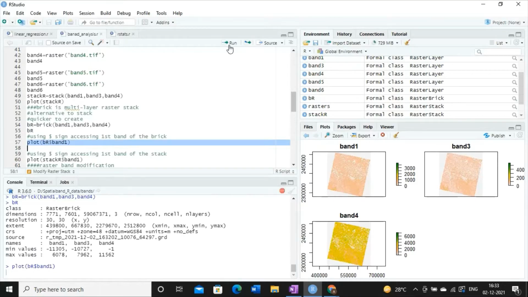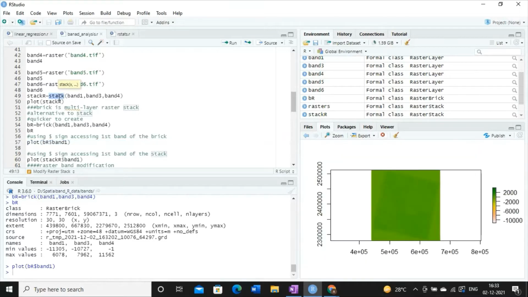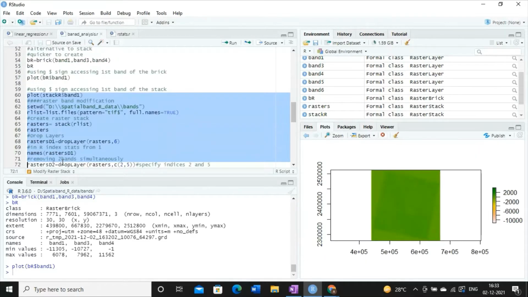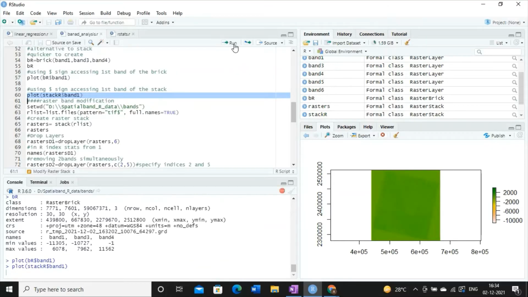And similarly, if you are using the stack function, you can use the same concept: the name of the variable, then dollar sign, and then the name of the band that you want to access. Both are the same. Basically, bricking and stacking, both functions do the same thing. You can use any one of them depending on your choice.